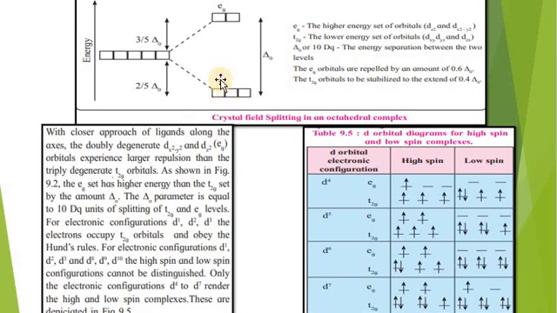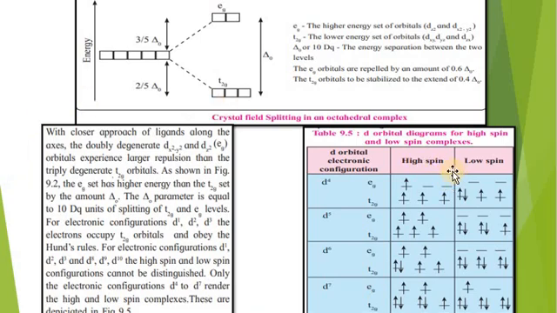Delta O is the energy separation between the 2 sets, and the eg orbitals are raised by the amount of 0.6 delta O, whereas t2g will be lowered by 0.4 delta O. With a closer approach of ligands along the axes, the doubly degenerate eg, that is dx² minus y² and dz² orbitals, experience larger repulsion than the t2g. The delta O parameter is equal to 10 Dq units of splitting of t2g and eg levels,